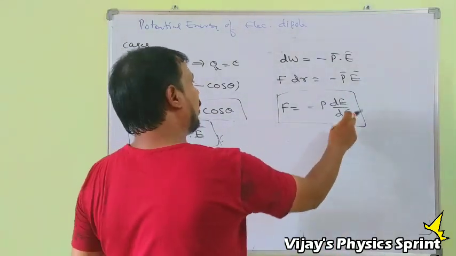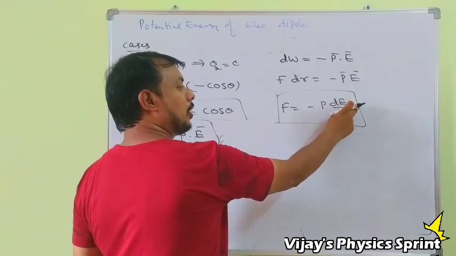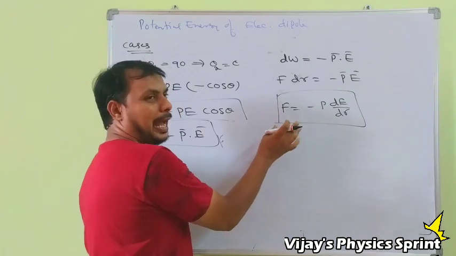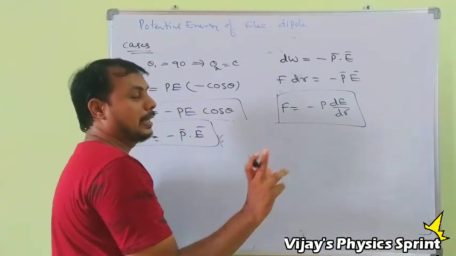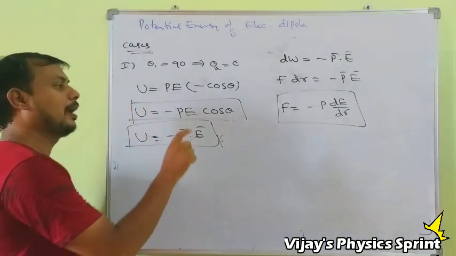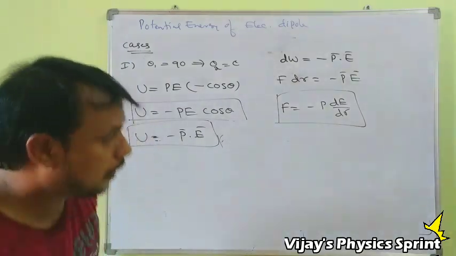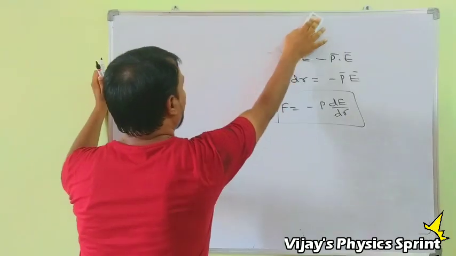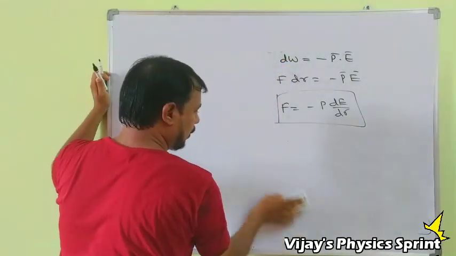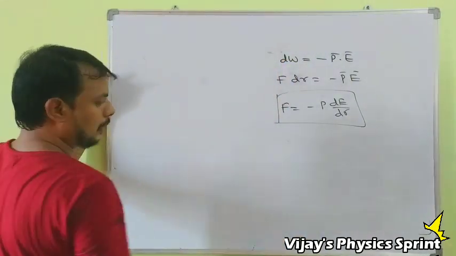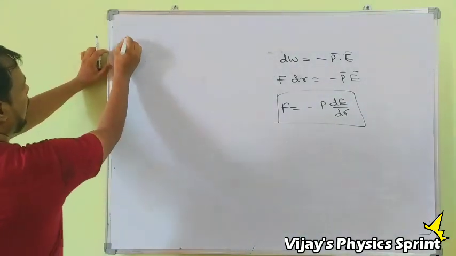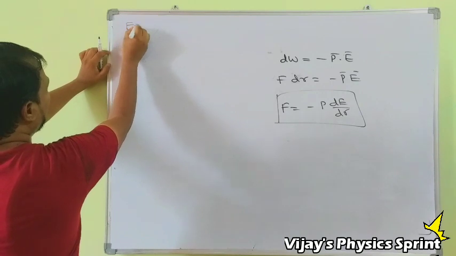If it is a uniform electric field, then E is constant, dE by dr equals 0, then the force acting on the dipole becomes 0 in the case of a uniform electric field. Now based on that formula, let's calculate the force acting between two dipoles. If these two dipoles are in the same line or parallel to each other, how is the force going to change? So the electrostatic force